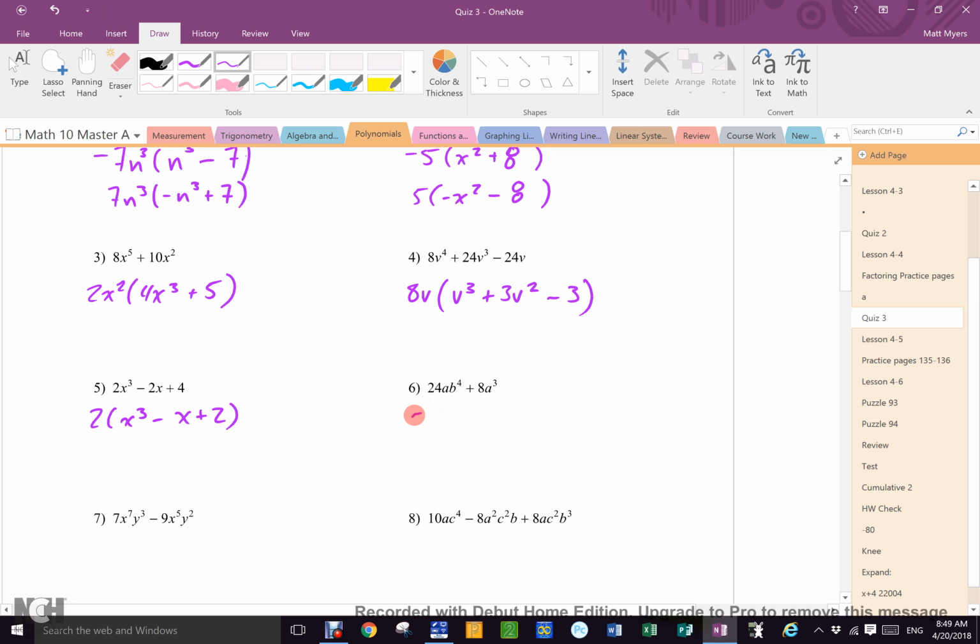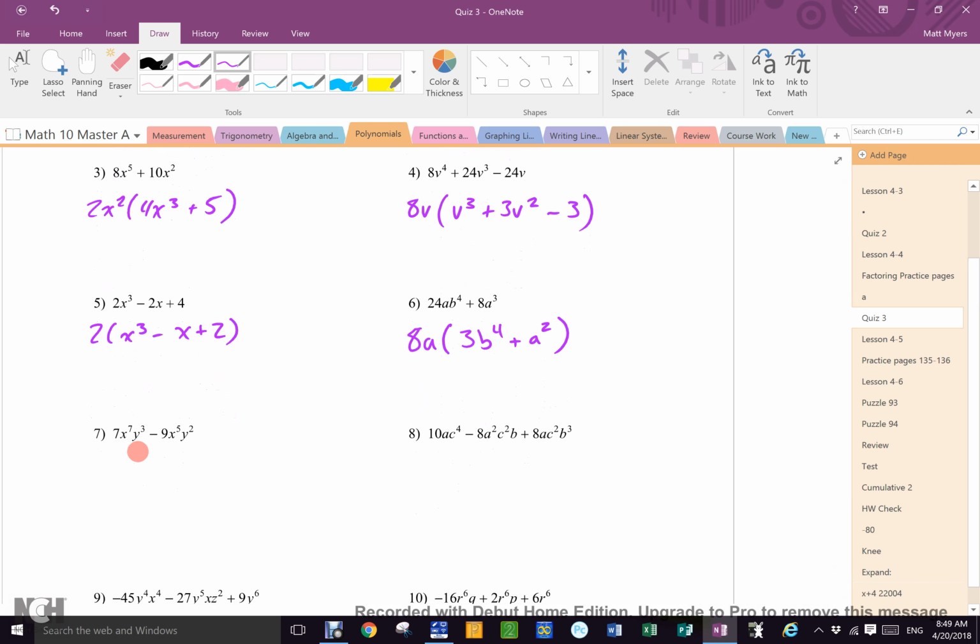This one is 8a, 3b to the 4th plus a squared. This one only has letters coming out, x to the 5th y squared, which leaves 7x squared y minus 9. This one has letters and numbers coming out. The number is 2. The letter is a